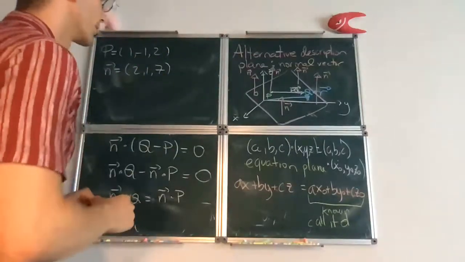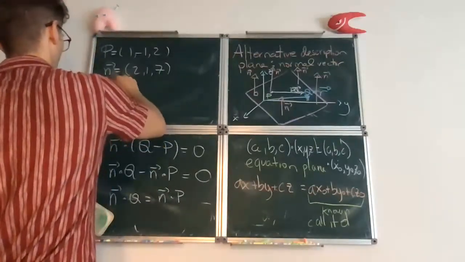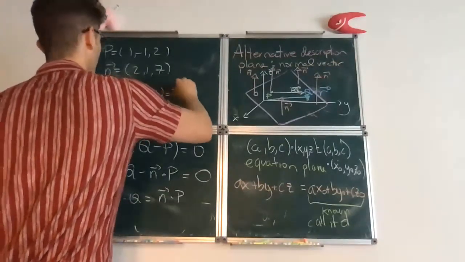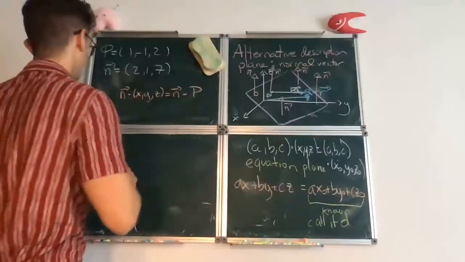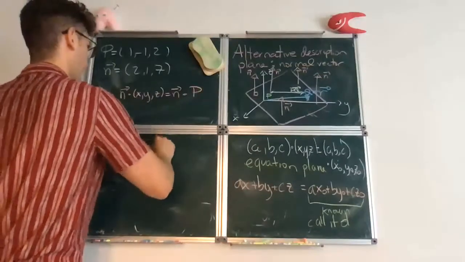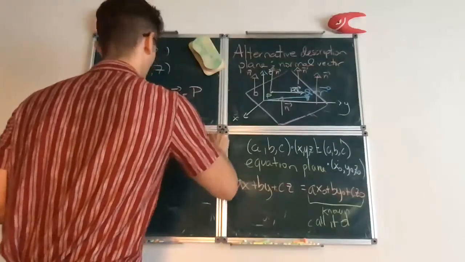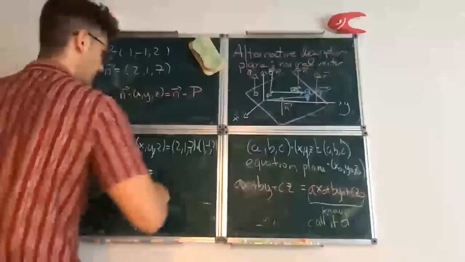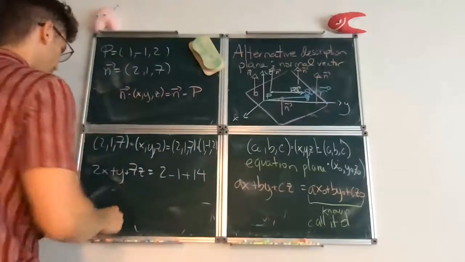Maybe the equation of the plane is easiest to remember as n dot xyz equals n dot P. That's the easiest way to remember it. And so you would say that (2,1,7) dot xyz equals (2,1,7) dot P, which is (1,-1,2). So you get 2x plus y plus 7z equals 2 minus 1 plus 14,